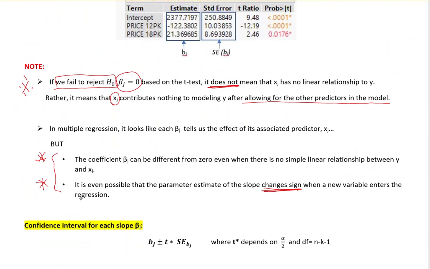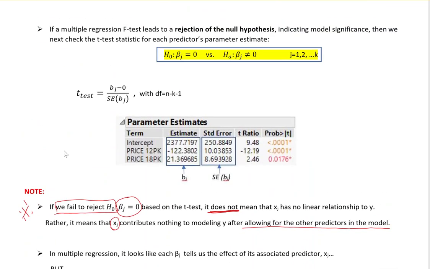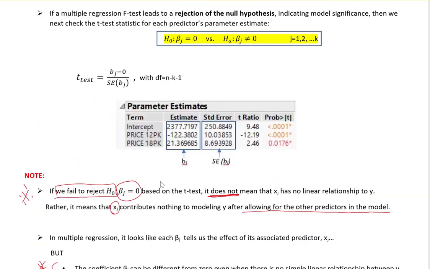It is even possible that the parameter estimate, which is the bj, the parameter estimate of the slope, changes sign when a new variable enters the regression. When the living area enters the regression, it can change to negative because we need to fix the living area first. And then if you have more bedrooms, the house price will decrease. Alright, so this is about the hypothesis test for each